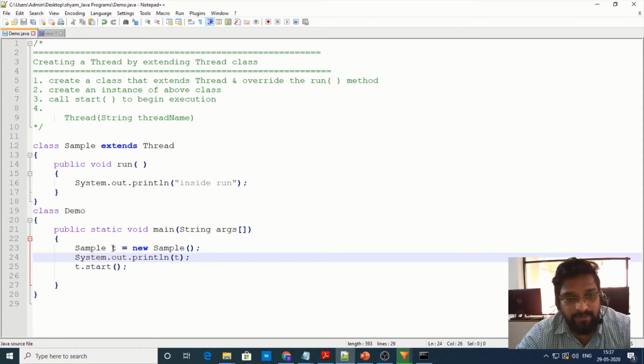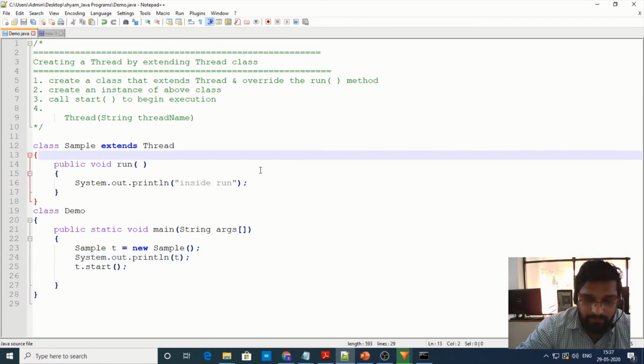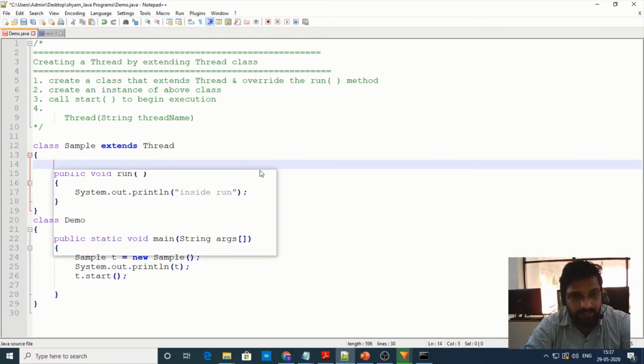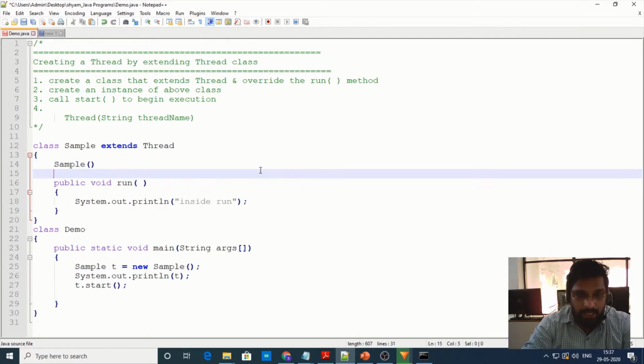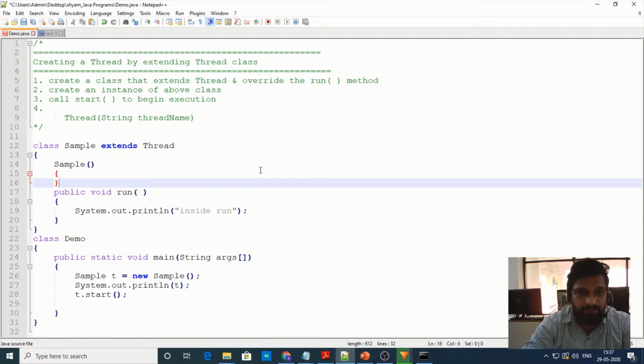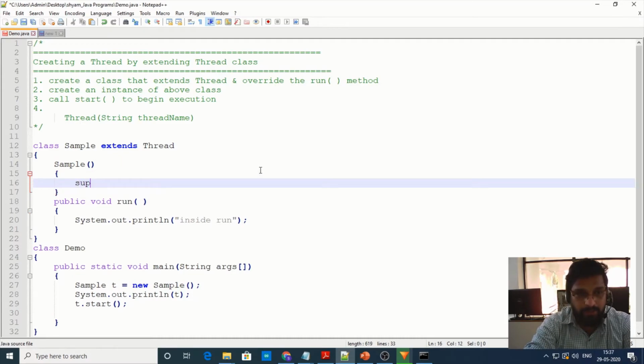In order to specify a name to the thread, inside the class called Sample, we can write a constructor, and inside this constructor we can use a keyword called super, and inside the super we can specify the name of the thread.